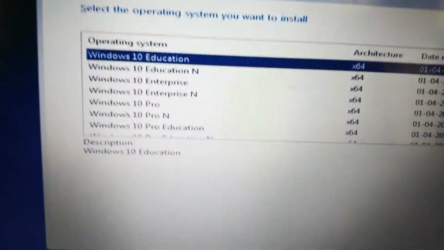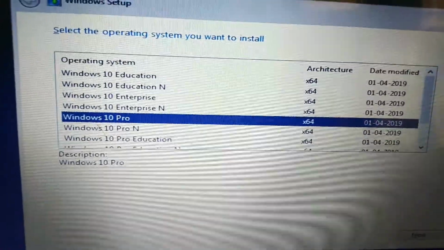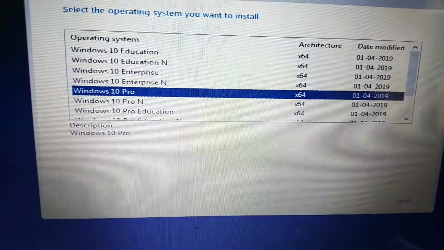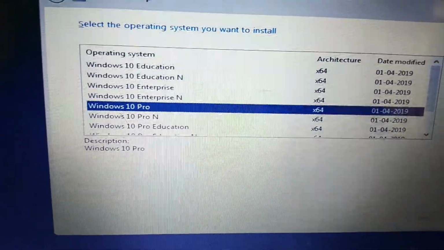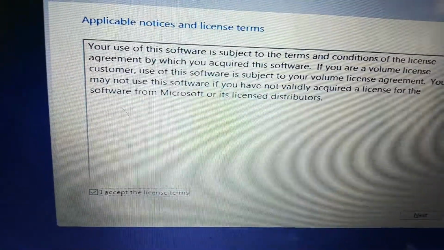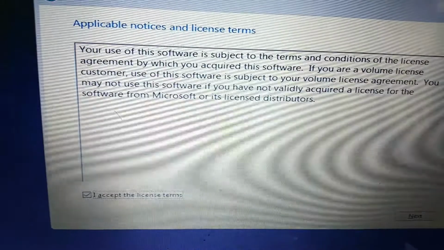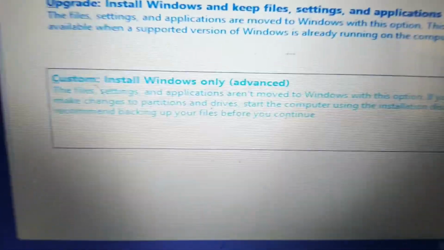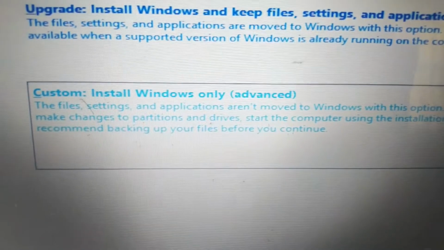Here you have many options. You can select any version depending upon your requirement and go with next. This will take you to the next screen, and then accept the license agreement by pressing the shortcut key space bar, then go next by pressing enter, and then choose custom installation.